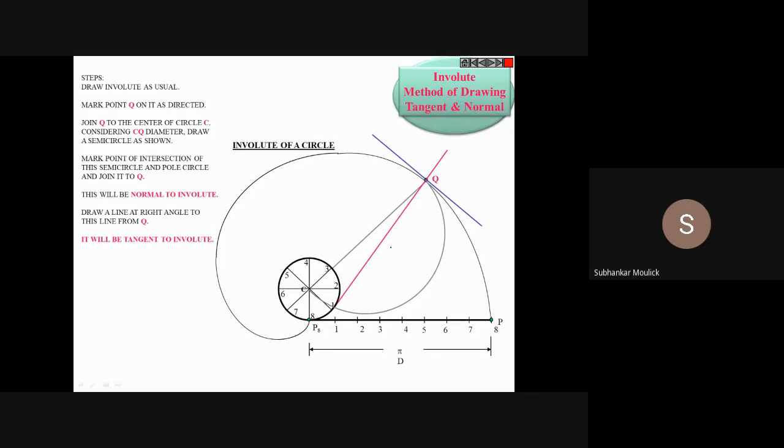Starting from question number 2 till question number 5, I think 2 is cycloid, 3 is epicycloid, 4 hypocycloid, and 5th is your involute. If it is written in the problem, well and good. But if it is not written in the problem, keep in your mind that in all the curves, starting from question number 2 till question number 5, you have to draw tangent and normal also. Without tangent and normal, any engineering curve is incomplete. You can submit, but you will lose marks.